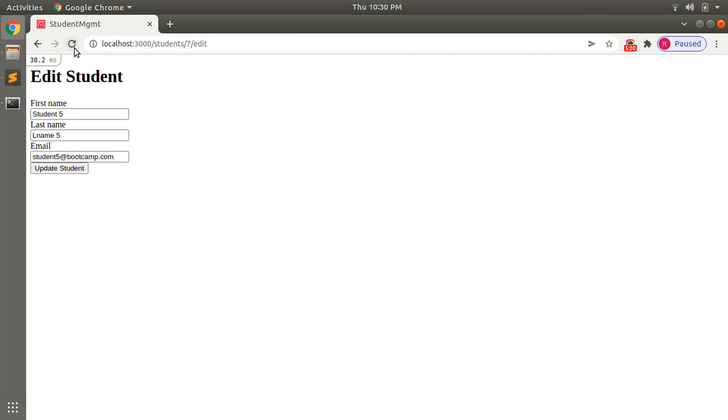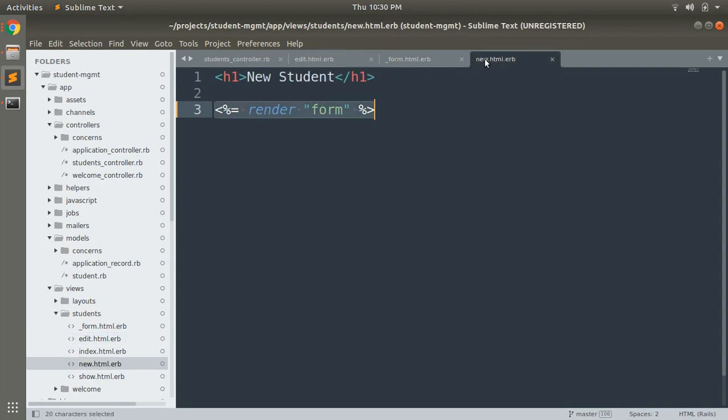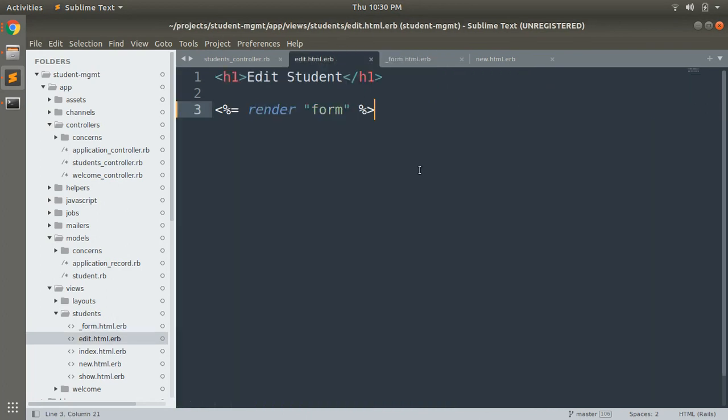So that is what we have done using the partial. We separated the form, removed the form from the edit and new templates, and placed it into the underscore form.html.erb partial. And now let's see how we can pass local variables to the form. There are two ways to do this. We will first go through this way: